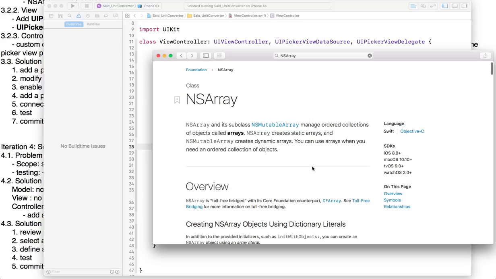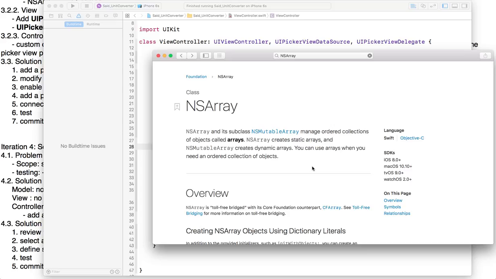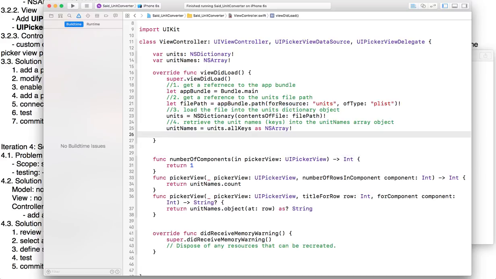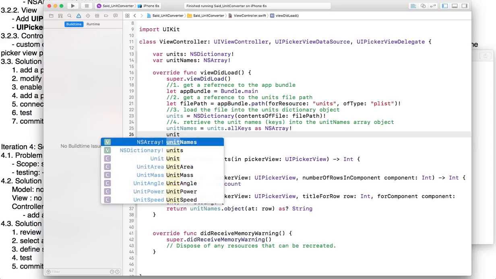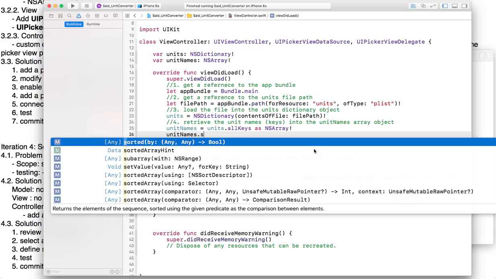In the array, in Swift, and so on. So there are many sort functions that we can use from the array itself. And if I use the unit names dot and type sort, you'll see there are many functions, and one of them was not part of the NSArray, the sorted arrays. There's one called sorted, and the sorted